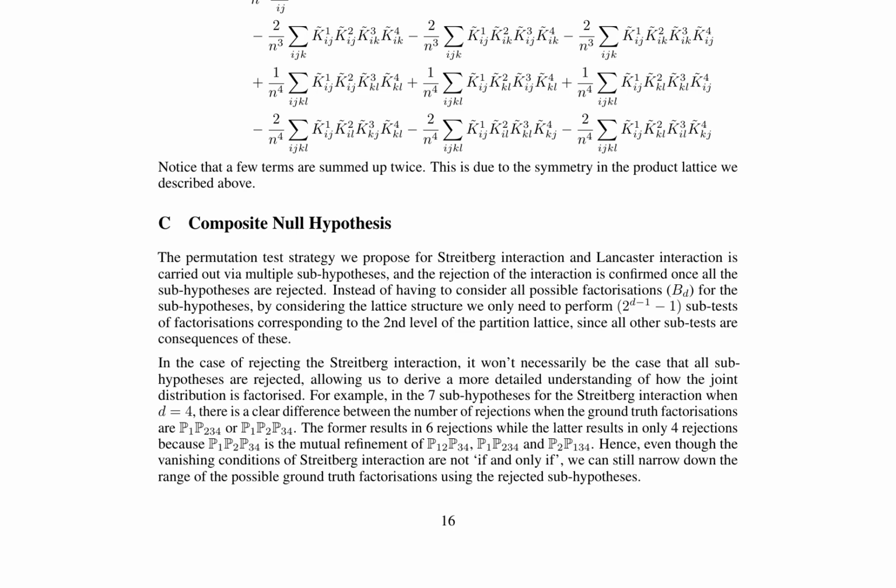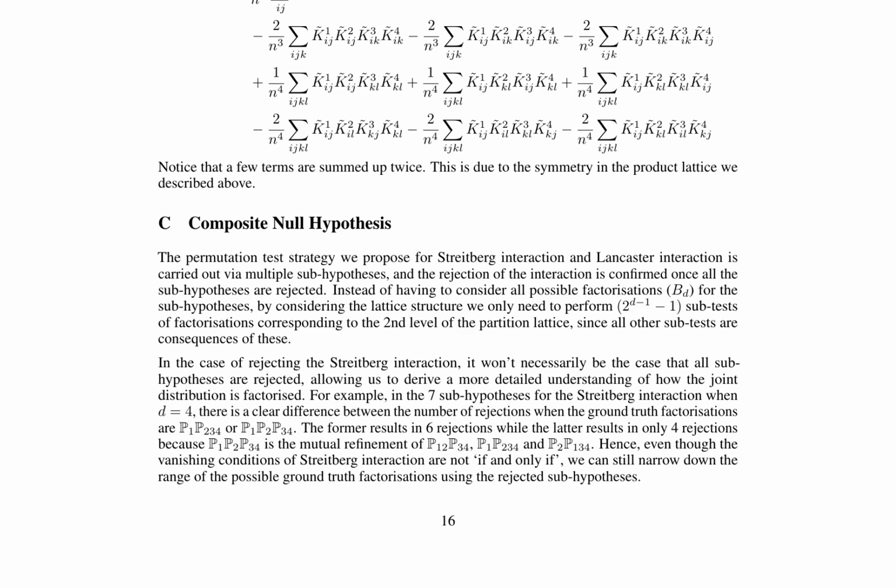The authors also discuss the composite null hypothesis, where the permutation test strategy involves multiple subhypotheses, and the rejection of the interaction is confirmed once all subhypotheses are rejected. By considering the lattice structure, the authors show that only 2^(D-1) - 1 subtests of factorisations corresponding to the second level of the partition lattice need to be performed, rather than considering all possible factorisations, B_D, for the subhypotheses. This allows for a more detailed understanding of how the joint distribution is factorized in the case of rejecting the